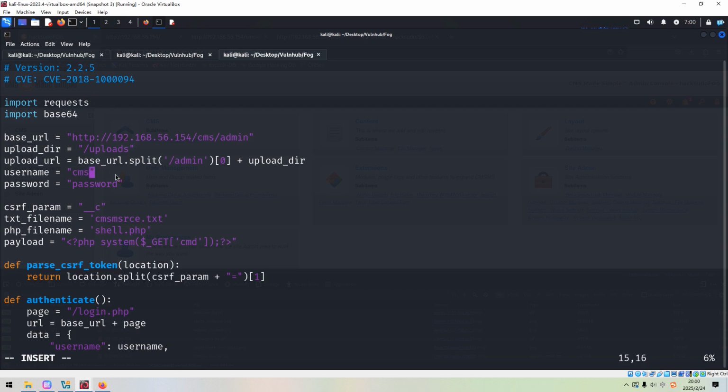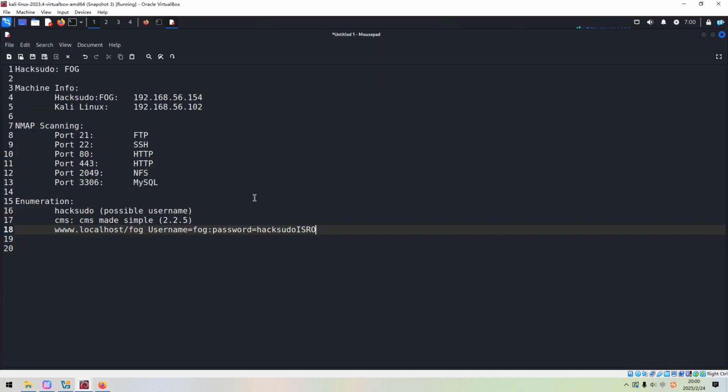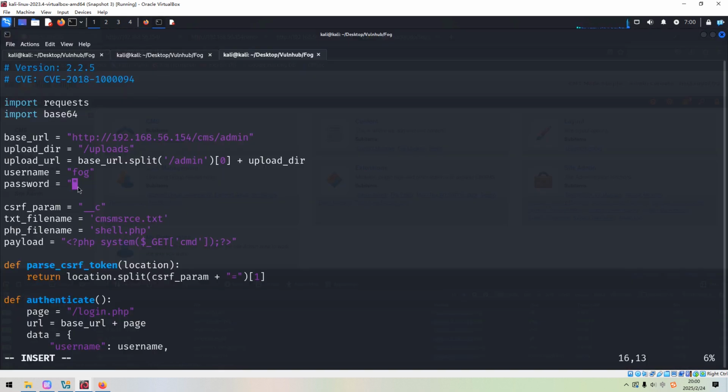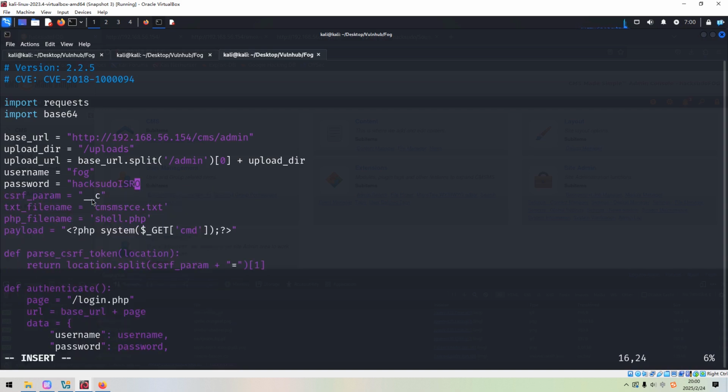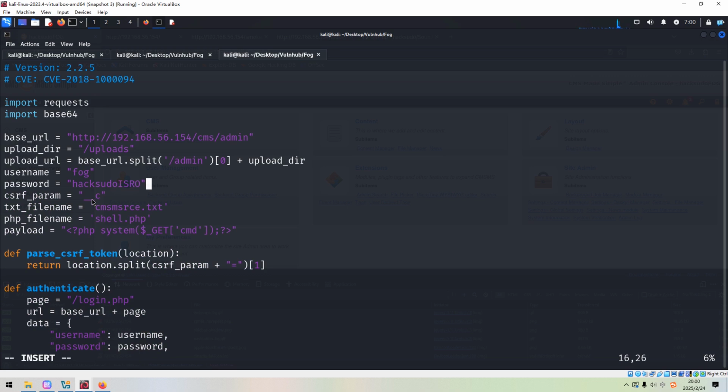CMS, oh sorry, this should be fork, and then for the password we can remove the existing one and copy from here and paste in here. Okay. And another very, very important change to be done is this one,